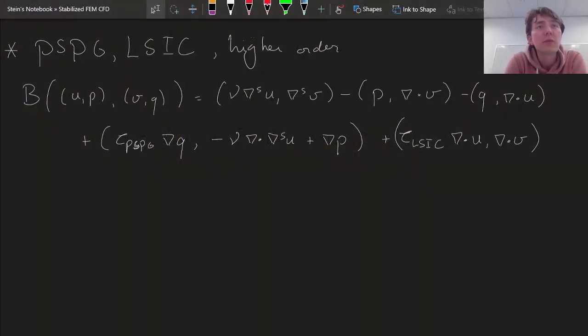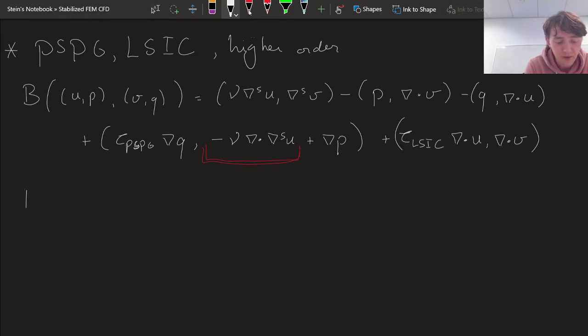So pressure-stabilized Petrov-Galerkin and the least-squares on incompressibility constraints stabilized methods for higher order basis functions. Now we have our Stokes equation in the symmetric form. We have our stabilized methods in there. And the term that is new compared to the last video is this higher order derivative term. So let's focus on that one, and let's jump straight into the coercivity statement that we would get by considering